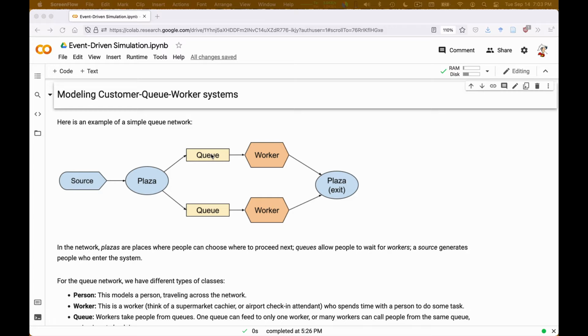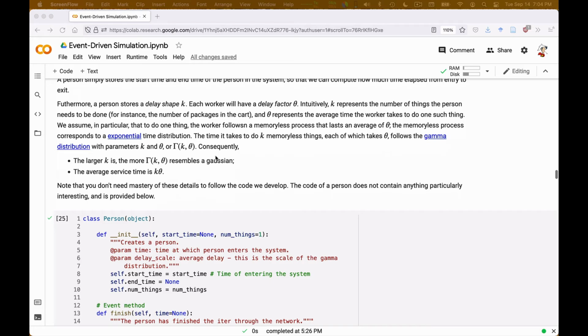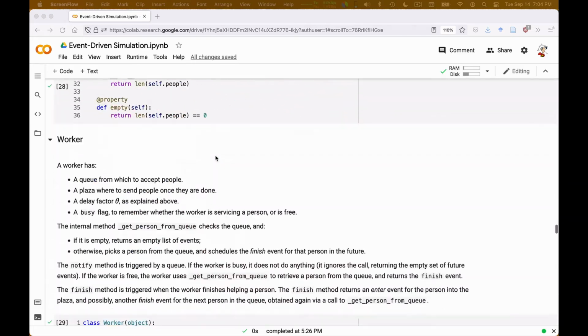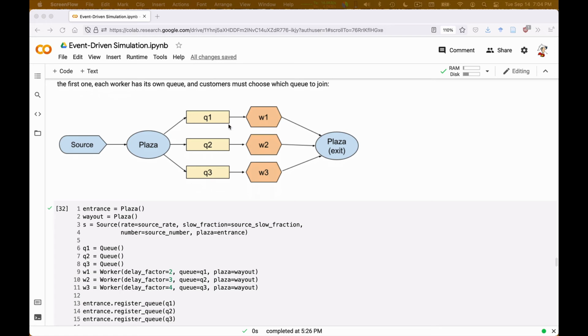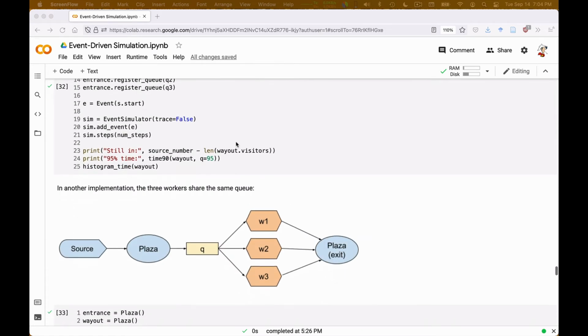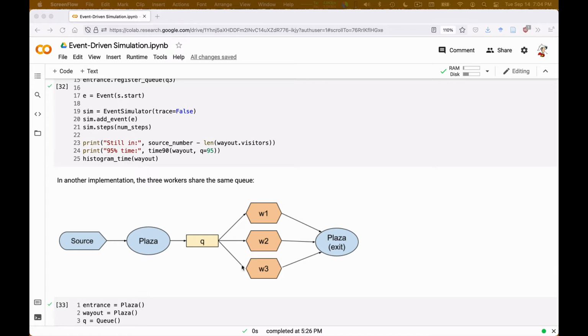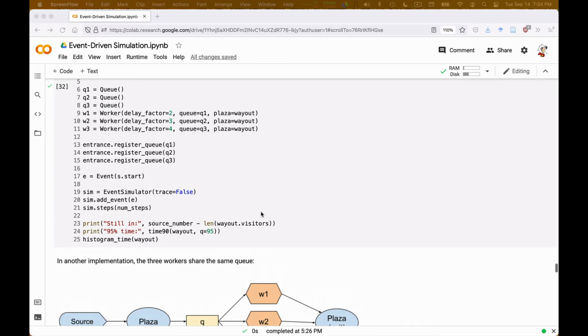Okay, and you can have various architectures. This is an architecture in which every worker has its own queue. So when you need to check out of a supermarket, you need to decide which queue to join for the cashier. But you could also have other architectures. So let me actually zoom ahead and show you. For example, you can have each worker with their own queue, or you can have a single queue for all the workers. Airports for the check-in often work in this way, right? There is a single check-in queue, and then you can go to talk to one of the various people at the various counters. So we want to be able to model this type of systems.